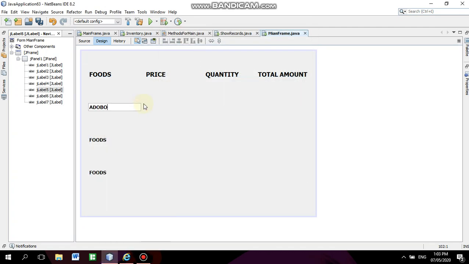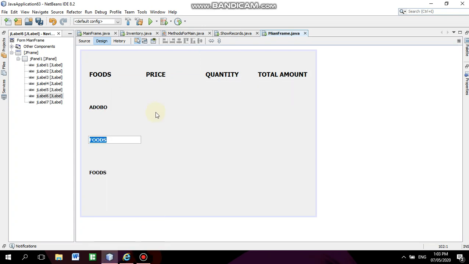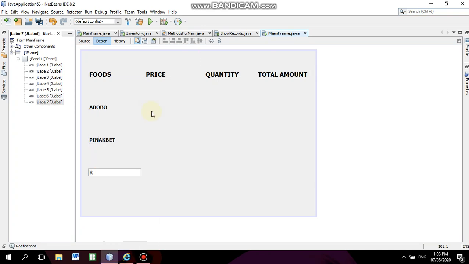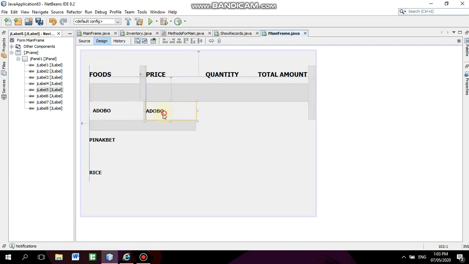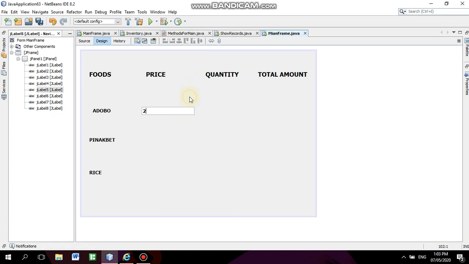So for example, adobo, here the pinakbet and rice, and we're going to add the price. Okay, so for example, the adobo is 25,